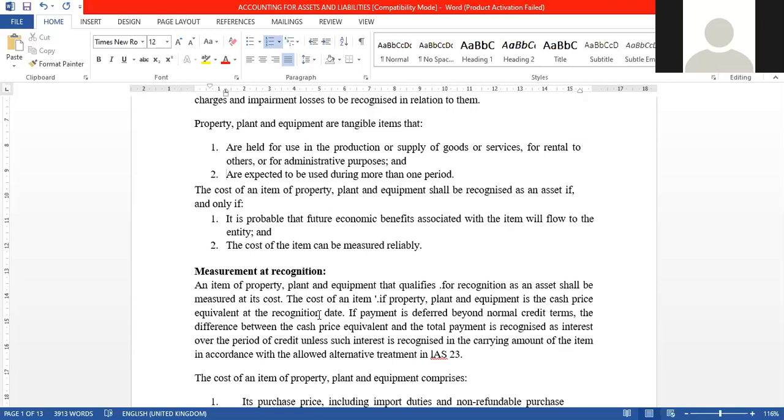When we are reporting it this year, for us to be prudent, and remember prudence is one of the principles of accounting, we don't want to overstate profit. We want to be conservative in our reporting, right? And therefore, if we put in that figure as 20 million now, yet we have used that tractor for 2 years,